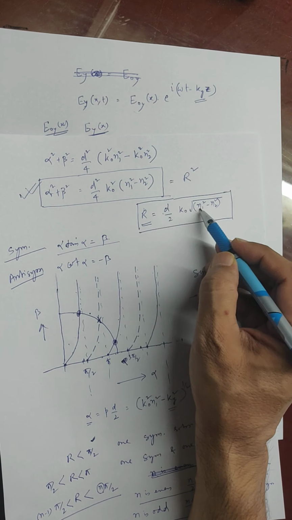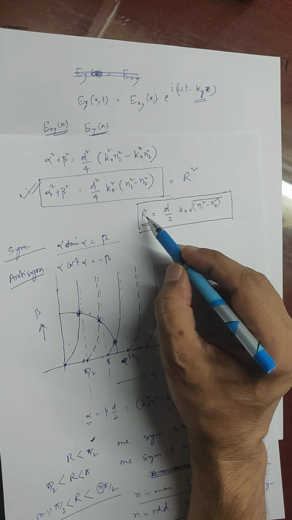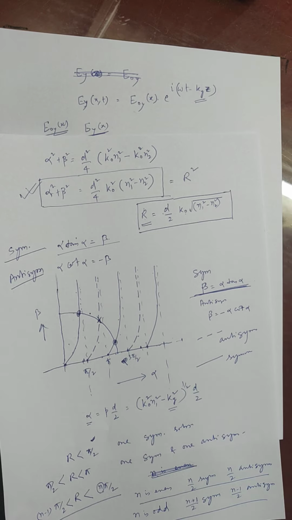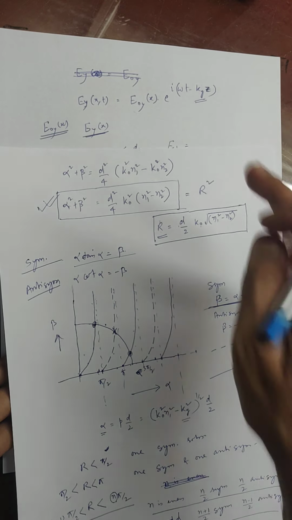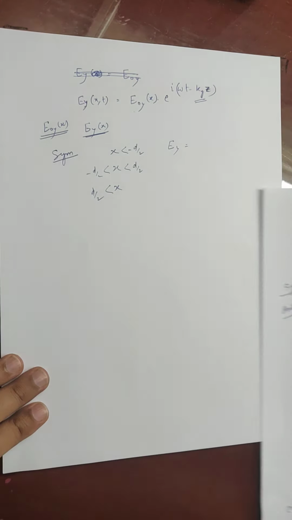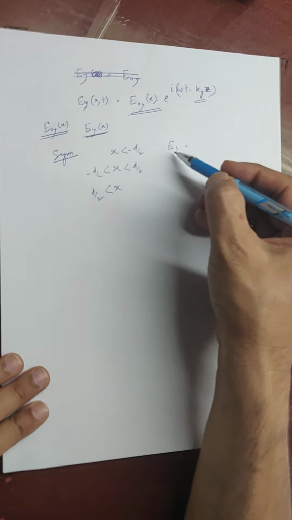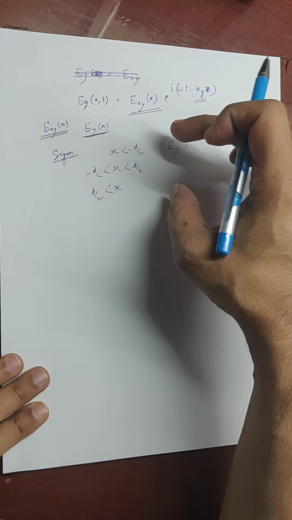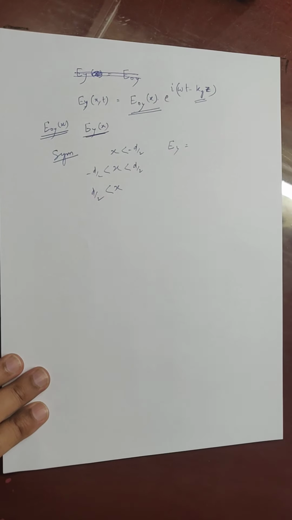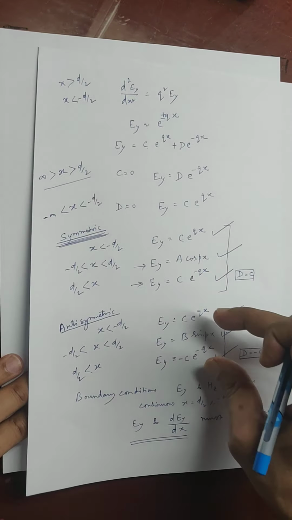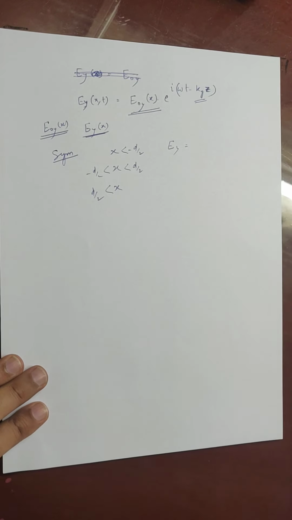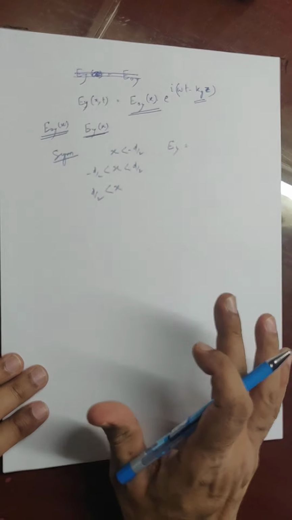So d, n1, n2 and k0 would decide what r is, and r would decide how many values of kg would be possible. Kg would tell us which one would be the symmetric solution and which the antisymmetric solution. E0y would be taken as the symmetric one for symmetric, and for antisymmetric it would be taken as this. So this is how we have solved the